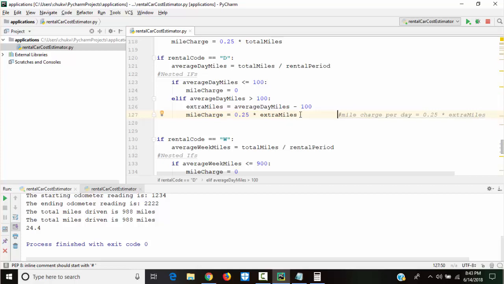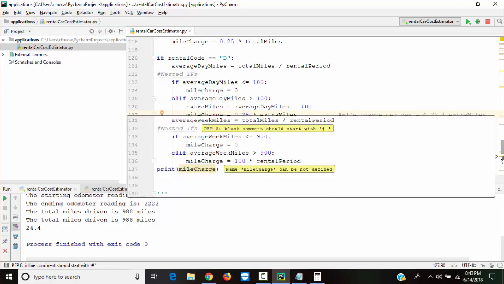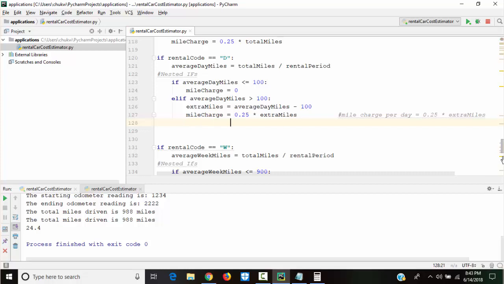But we need mileCharge for the entire period. So I'm gonna put here mileCharge for the entire rental period.